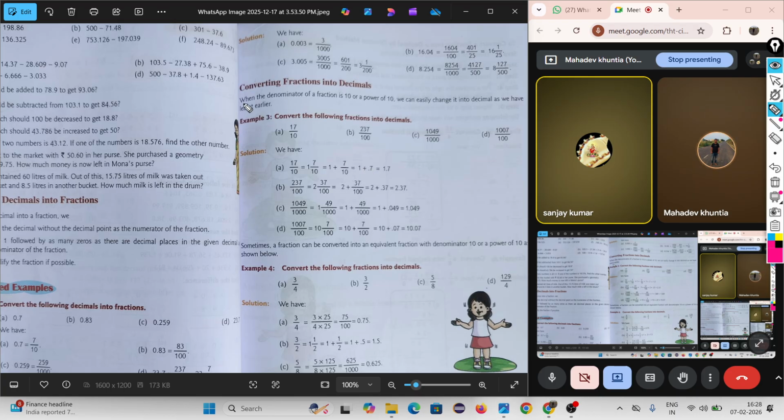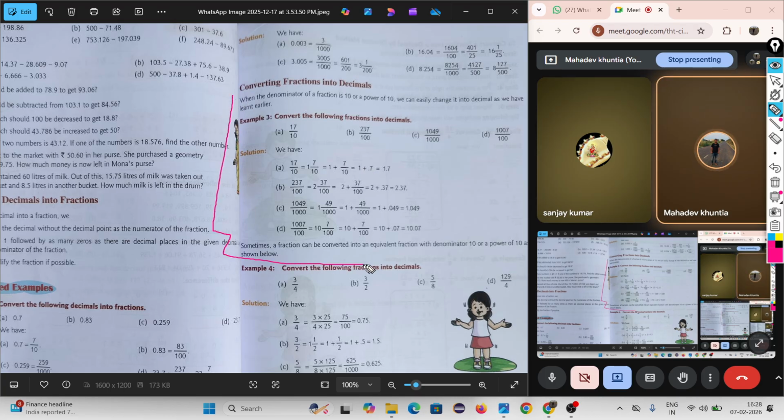3 upon 4. First look now. There are several methods, several techniques. We have to start from the first technique. Don't be confused. Okay. Number 1. 17 upon 10. Whenever the question comes to convert the fraction into decimal,